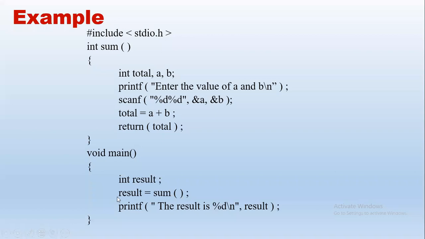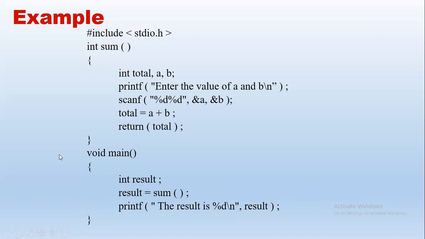Important to note, this statement is very important. If we miss this statement, this function will never execute. So at the function call, the control comes to the definition, and because we have not passed parameters, the function should know what to add, right? So that is taken as input within the function. Total, A and B are declared, take input for A and B, add them, and now we found the total, say 2 plus 3, 5, return 5. Input is taken within the function, but output is given to main. So 5 is stored in result and we print the result.